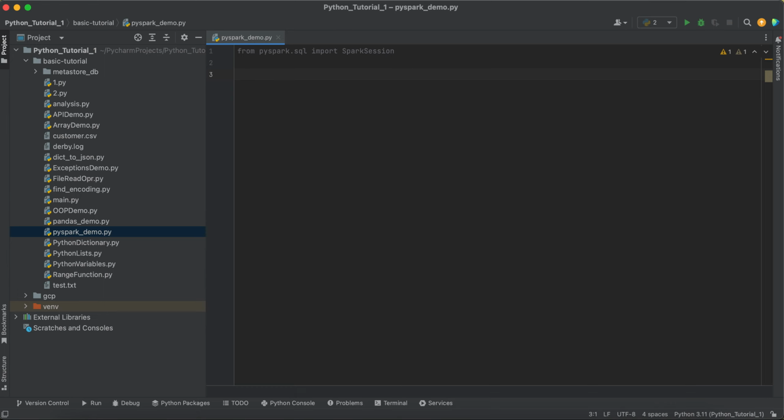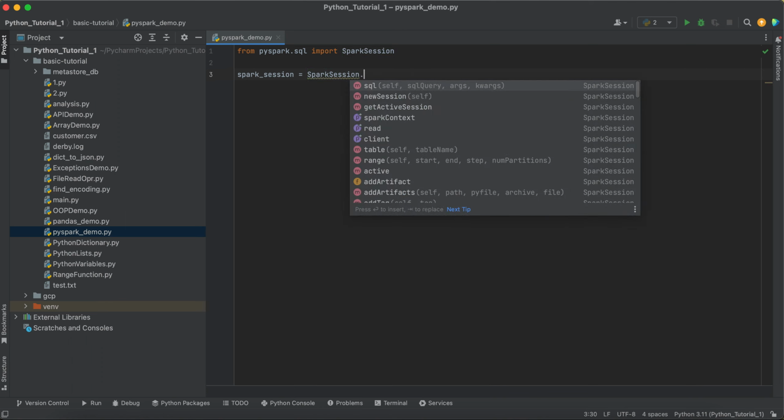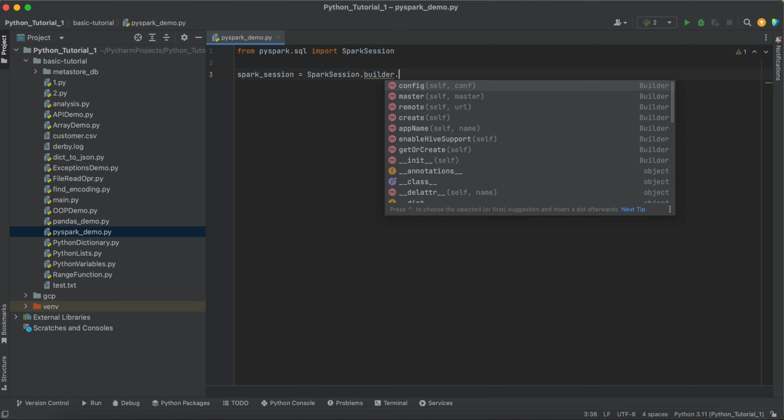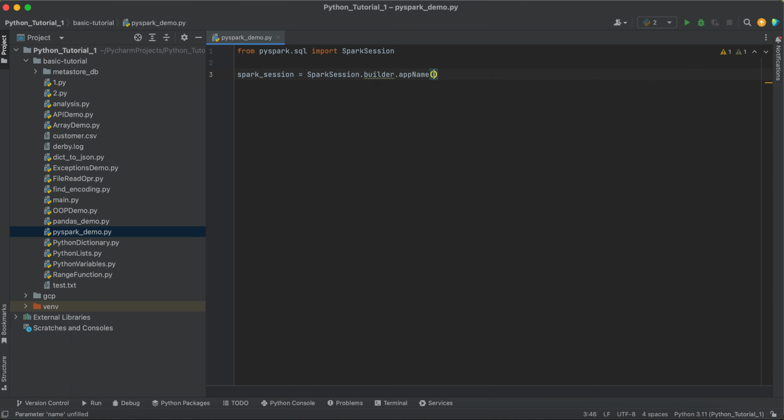Once you have this, you can start creating a Spark session: spark equals SparkSession.builder.appName. Whenever we want to create a Spark session, we need to give some kind of name to the activity we are trying to do. So for example, let's say we want to connect to Hive. I have a Hive installation, I'll show you that in a moment. And what I want to do is list down all the databases that are present in